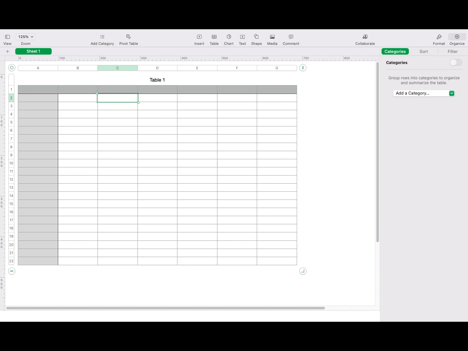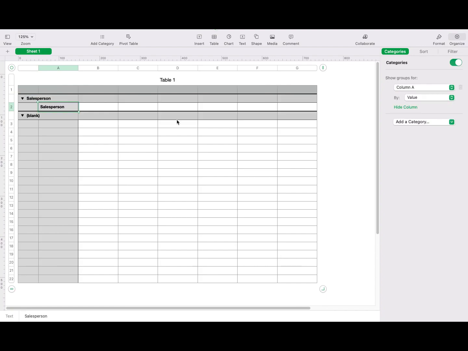So for instance, if you use a spreadsheet to track your company's shirt sales or something like that, you can organize the data by sales date, salesperson, quantity, color, and more, and it'll add those categories into your table. So if we have salesperson here, and we want to create a category for that in column A, we can then in this section name all